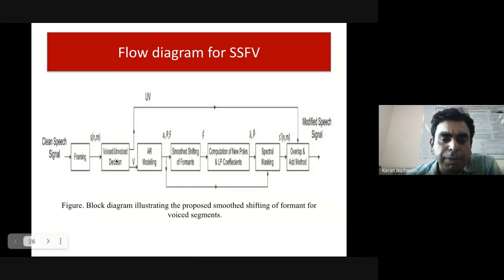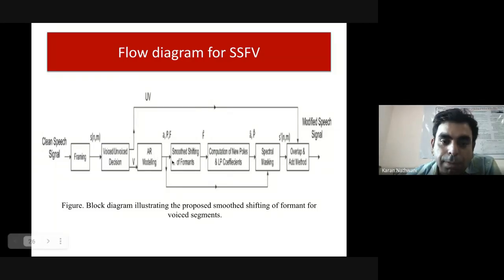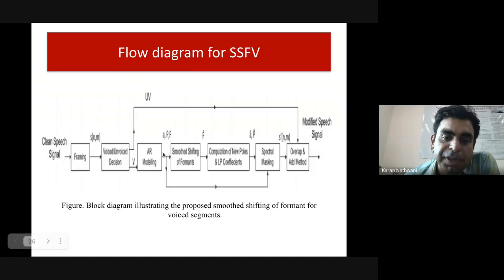So once we have that decision with us, whether it's voiced or unvoiced, we again do the LPC analysis, that is your AR modeling, where we compute 3 different aspects. I have actually combined the pole and formant in the AR modeling itself. So don't be confused about where the poles and formants are computed. It has been incorporated in the AR modeling itself. So after doing AR modeling, we compute the LP coefficient A, and from there we compute the poles and formants, as we did in the previous case.